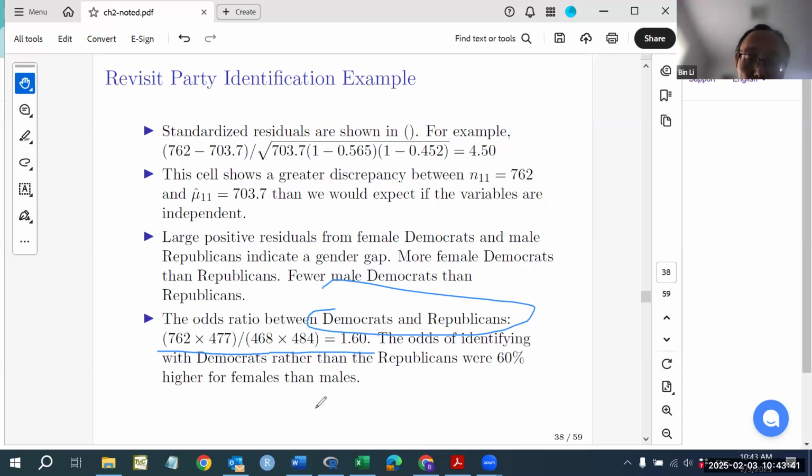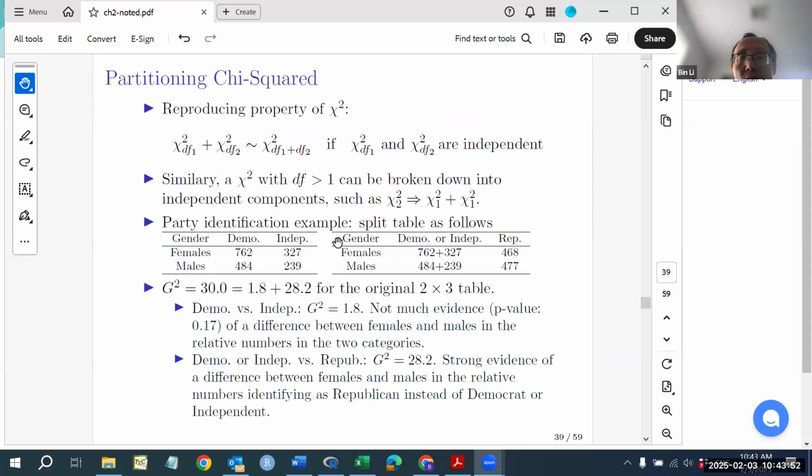So this is how we interpret the odds ratio, and you can choose the one that is more appropriate, right? So this is the residual analysis. And this next one is